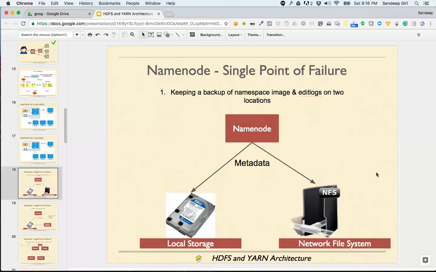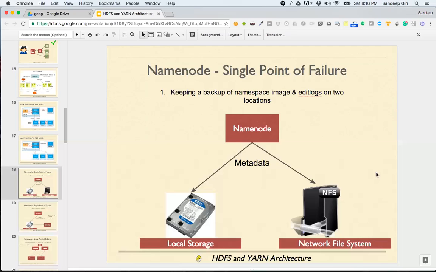Preparing the name node's image is like regularizing the account. If you have heard the phrase regularizing the account, an accountant will come and sit once every week and regularize the account. That's like preparing the entire image. And edit logs are something like a journal.